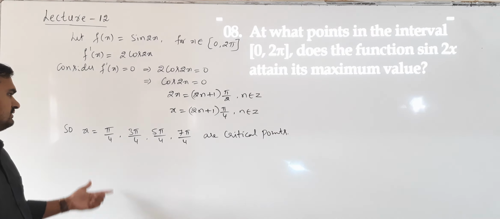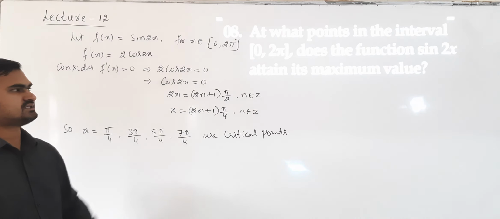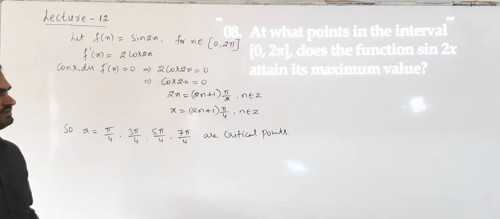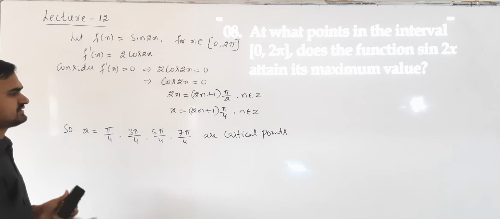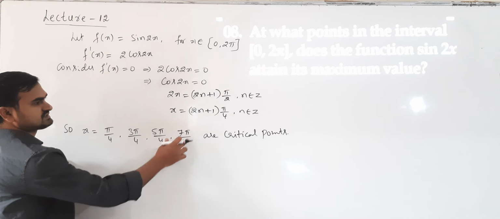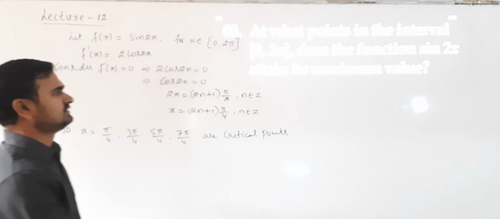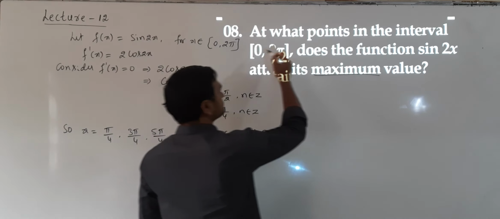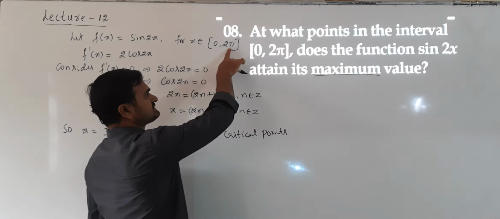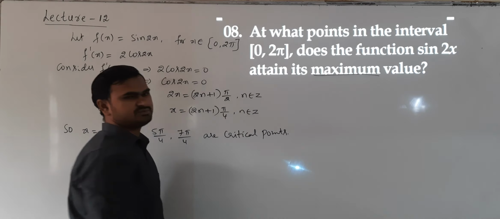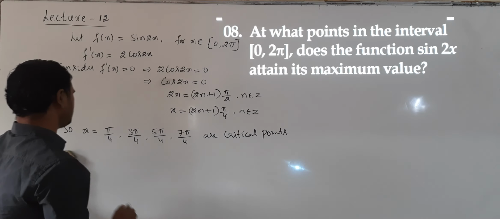Now we should know at which point we will be getting the maximum. So we don't have to do the second derivative test here. Just find function values at these critical points and at the end points, and see where we are going to get the absolute maximum. Even though it is not mentioned here, whenever we have closed brackets, we will be finding the absolute maximum and absolute minimum only. Let us find function values.